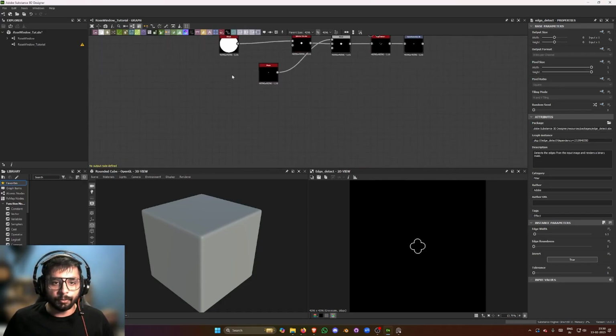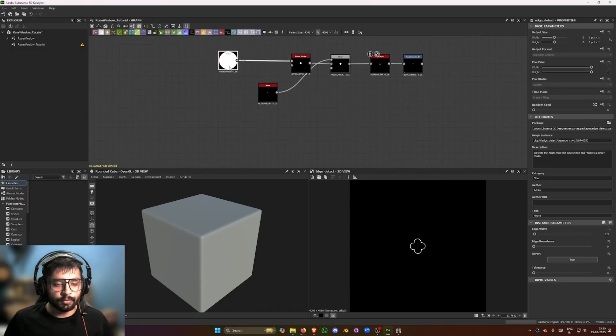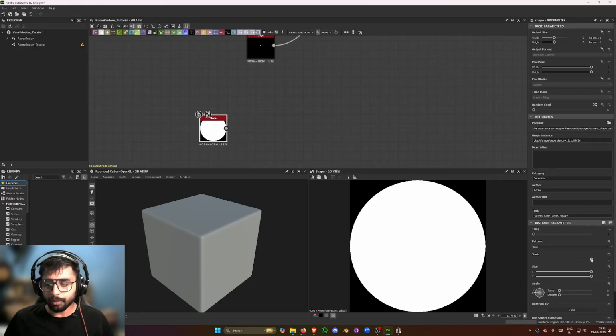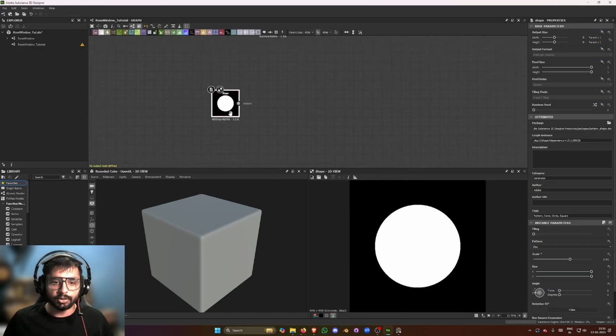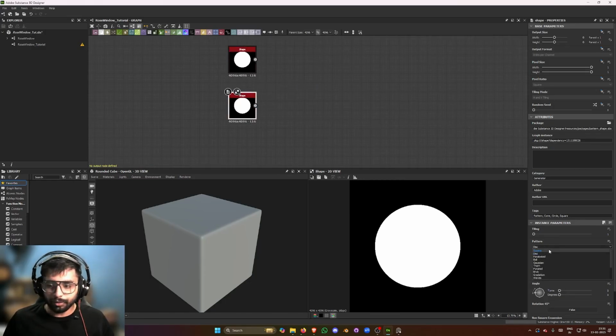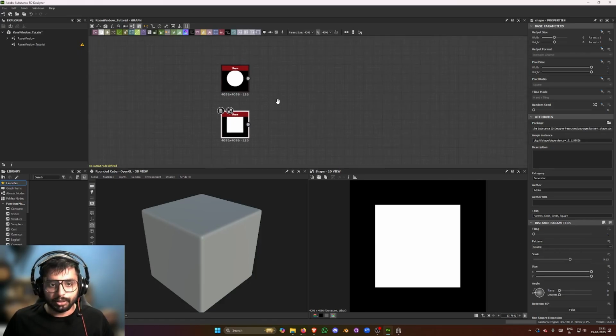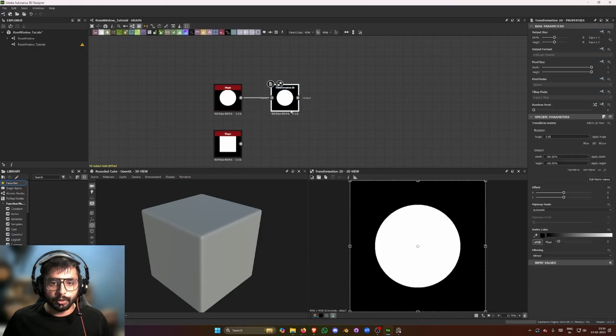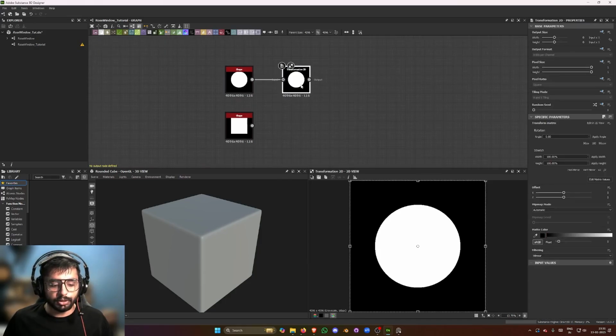So first of all, I'm gonna need a circle. So I'm gonna copy this. I'm gonna scale this down just a bit so that it's more manageable, and I'm gonna take another shape, and this time I need a square. So what I'm gonna do is I'm gonna put a transform 2D node in front of both of these,